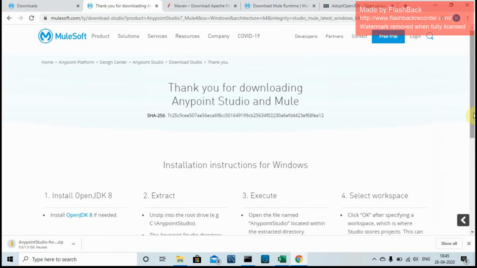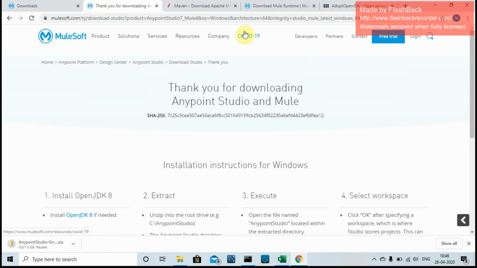So guys, first of all the question arises: how to build the Anypoint Studio related stuff? How to code? There should be an IDE, an integrated development environment, right? For that, MuleSoft offers Anypoint Studio, the in-house product from MuleSoft, through which you can directly download the trial version and start coding on your own.